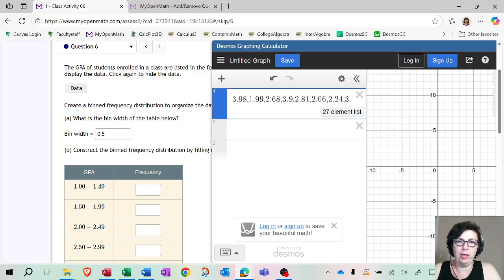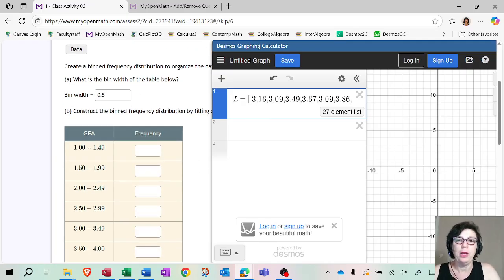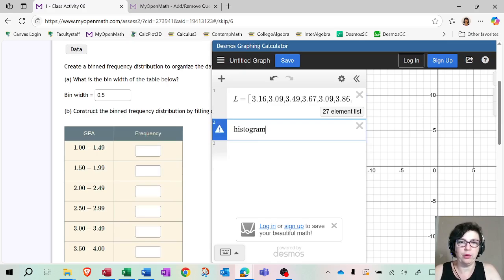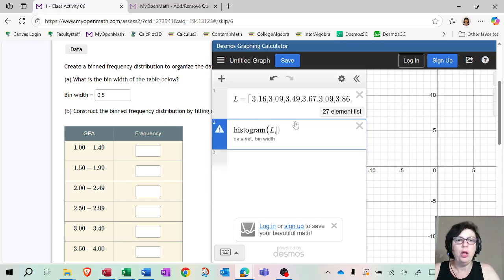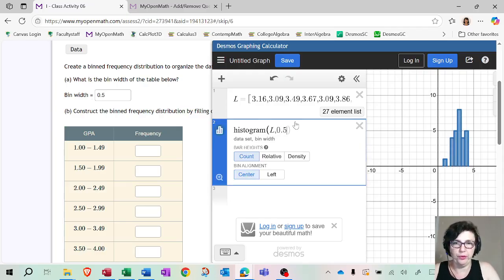So if you scroll to the beginning of where it started, look at how many numbers, 27 numbers. That's a lot. To count that correctly is hard. So what we need to do is use the command histogram, and then we're going to say L, right? Because we're trying to summarize L. But unlike the counts, like when we had 0, 1, 2, 3, 4, 5, that would have been okay. But no more, because here you see how it says bin width equal 1. Well, we do not want it to be 1 because our bin width is 0.5. So you're going to have to press a comma followed by what's your bin width, which is 0.5.